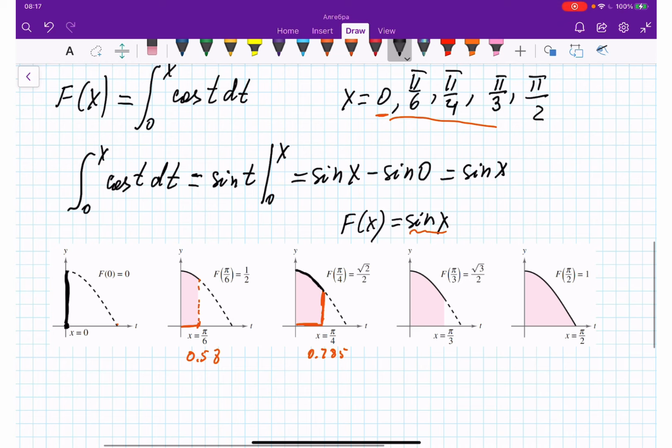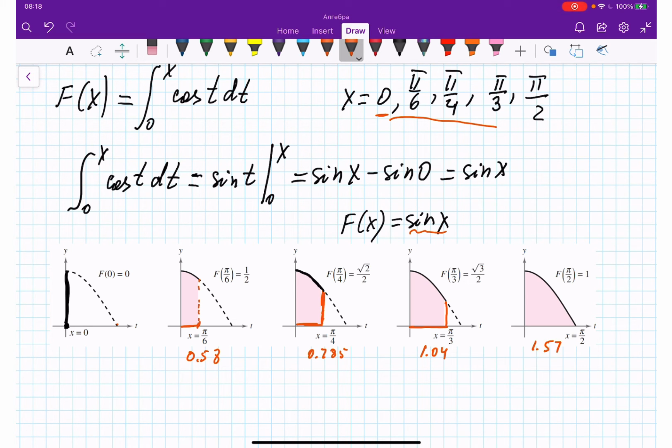Okay, too much distance. So next, pi over 3, 3.14 divided by 3, I'm getting 1.04. As you can see, slowly it's accumulating, right? And at the end, we are getting half a pi. 3.14 divided by 2, we are getting